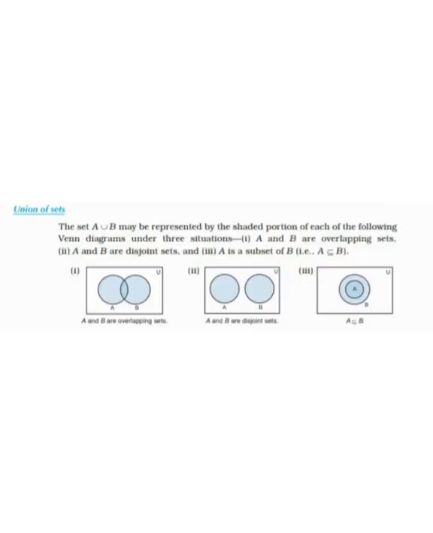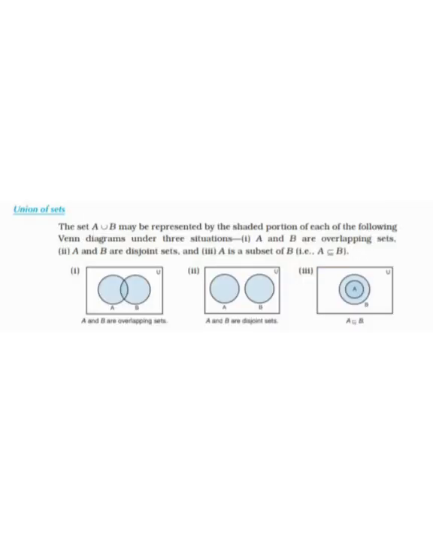Already in sums you will see this. A is the subset of B means A belongs in B. That means the set A is inside of B. The figure will represent it like that only. The full figure, the box, the rectangle, is the universal set. You know very well the universal set is the full set, the biggest set. Inside of that you have the two sets A and B. A is the subset of B means A is inside of B, because A is a subset of B, so both have the common part A only. That is the representation of the set.